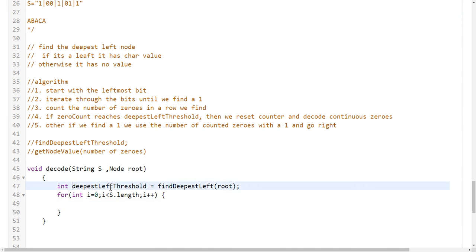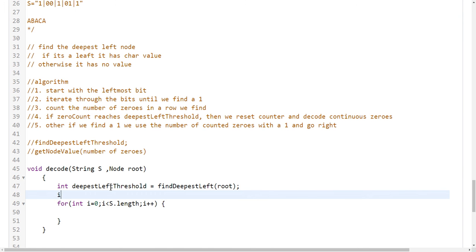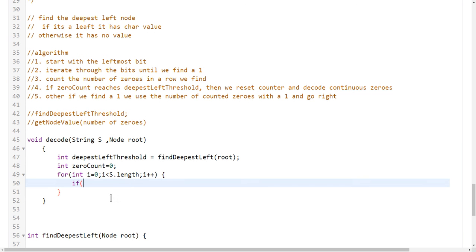While counting, int 0 count equals 0. If s dot char at i is equal to 1, basically,